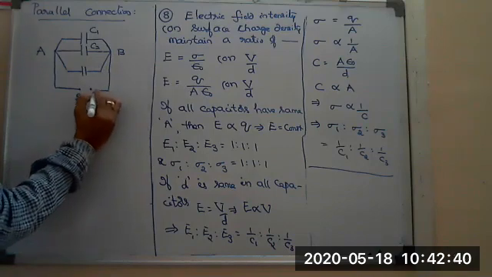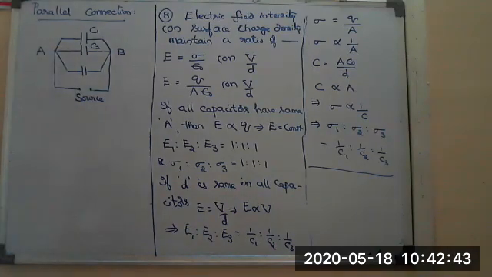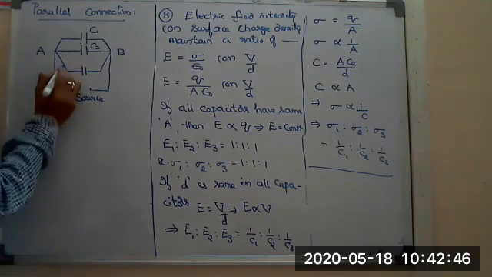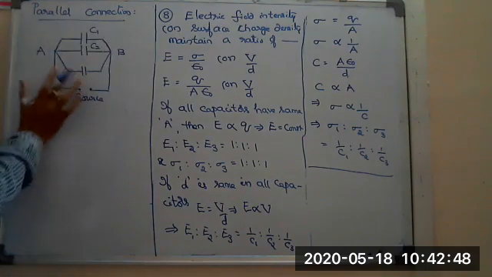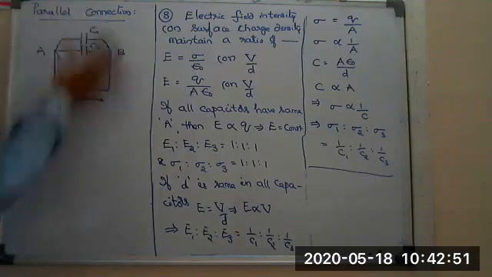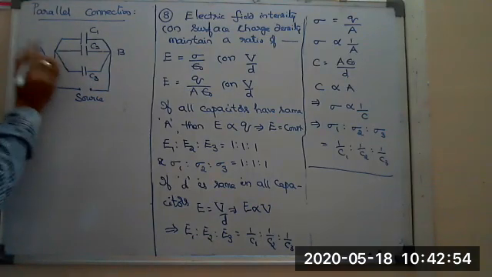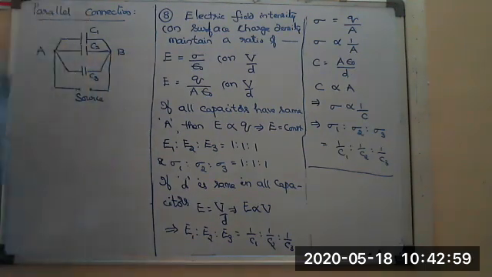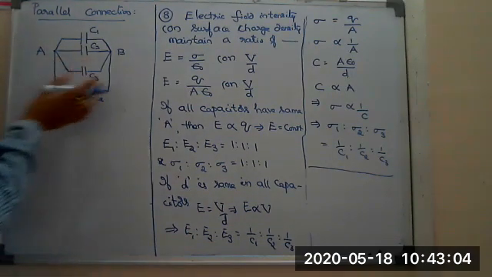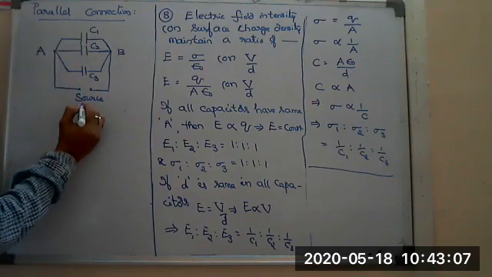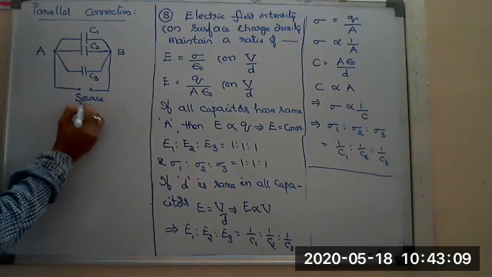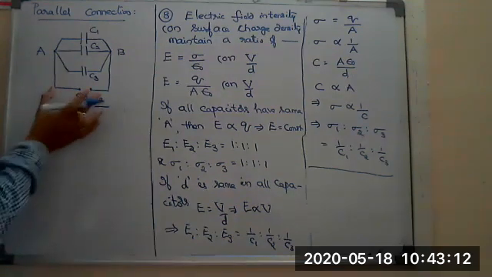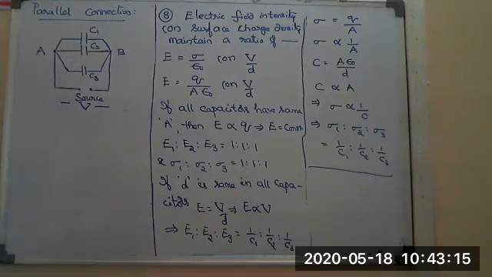I think you understood. There is no third person, meaning there is no third point here. Whatever is given to you, all are connected, including the source, between the 2 points A and B only. Such a type is called parallel connection. So in this parallel connection, by seeing the diagram, what is the first advantage we got? For maintaining a potential difference V across the ends A and B. Look at here, Nana.